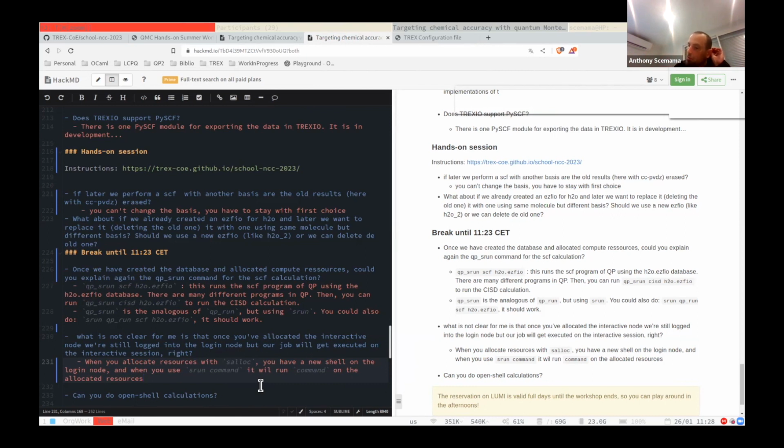Every time you use srun with a command, it's going to SSH on the node and run the code on the node, and the standard output and standard error will be redirected into the shell where you were. But you're still logged in on the login node. When you do salloc, you're not on the remote node.